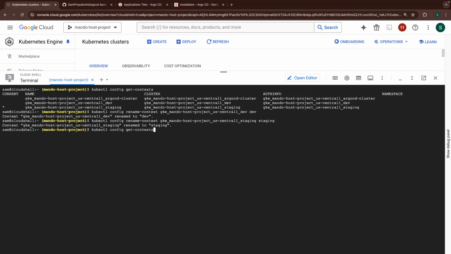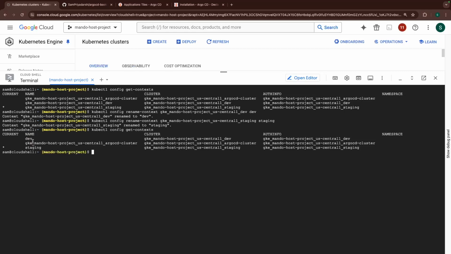Okay, so that's done. Now if I do git context, I'll see that both are renamed. Now let me go ahead and connect both of these clusters to ArgoCD. In order to do that, I have to run the argocd cluster add command, and pass the right cluster context. So if I do argocd cluster add with the context staging, and the name of the cluster, in this case staging,